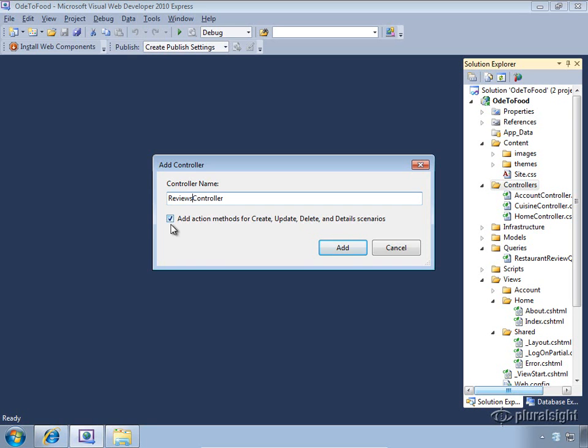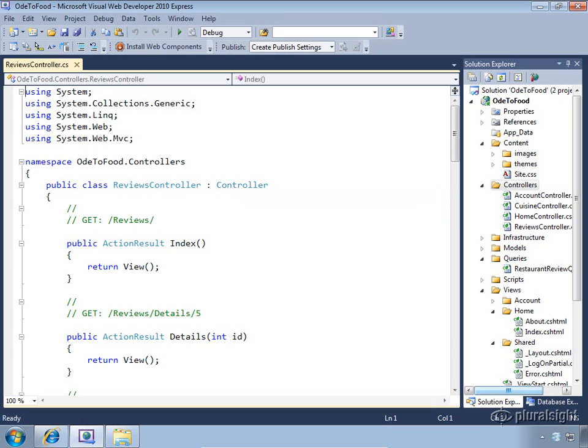I'm going to go ahead and leave this checkbox selected that will add action methods for create, update, delete, and detail scenarios. Those are all scenarios that we'll need in our application. The first action that we'll implement will be the index action. This is the default action for the controller, and it should build up a model that is a list of